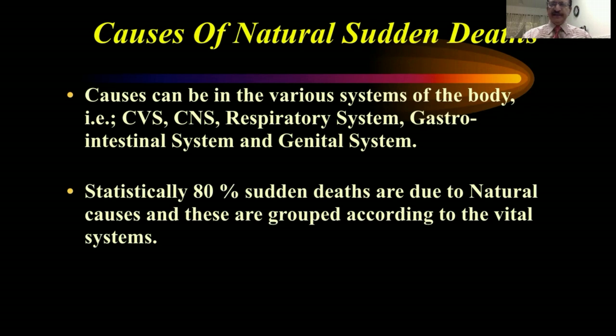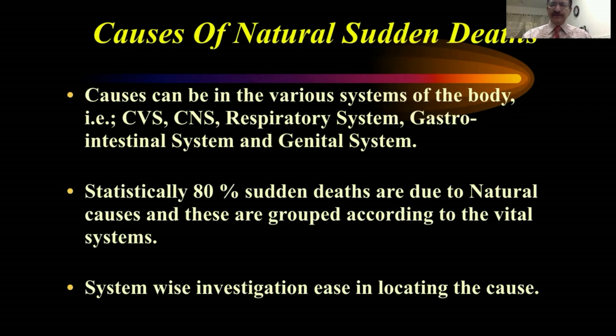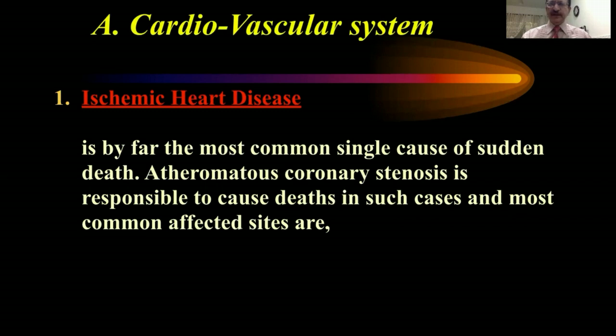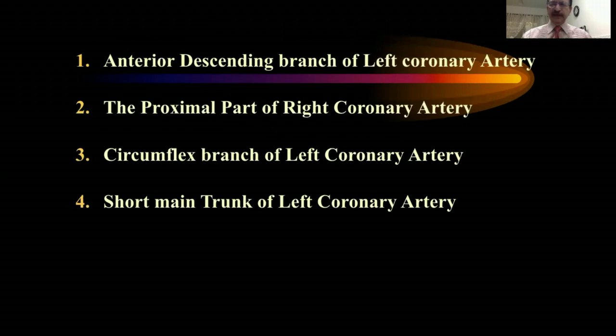And statistically, it has been seen that about 80% of the deaths are due to natural causes, and they are grouped according to the vital systems. So, system-wise investigation should be carried out in locating the cause of death. In the cardiovascular system, ischemic heart disease is the most common single cause of sudden death. Any predisposing coronary stenosis can be responsible for the cause of death. The vessel involved may be the anterior descending branch of the left coronary artery, the proximal part of the right coronary artery, the circumflex branch of the left coronary artery, or the short main trunk of the left coronary. So the artery can be any, but